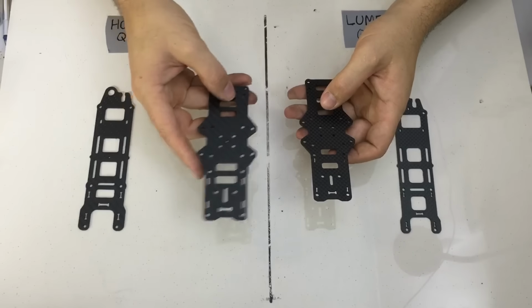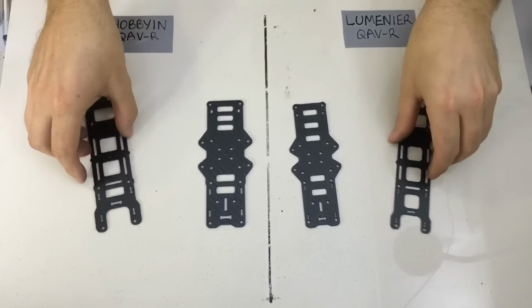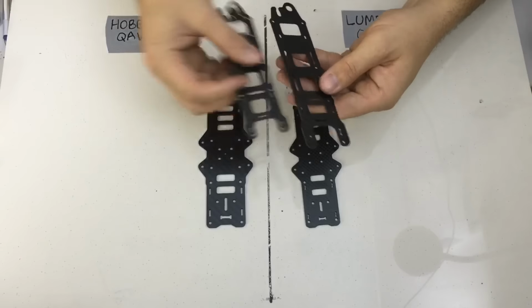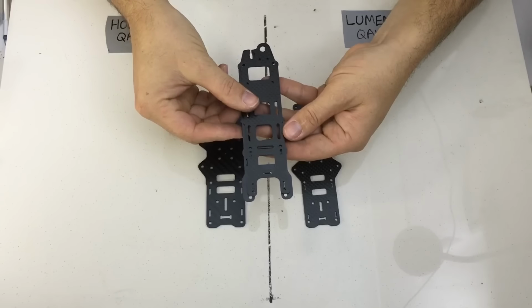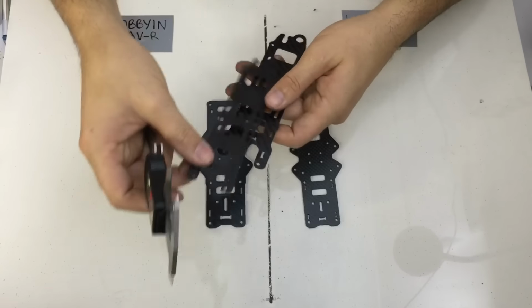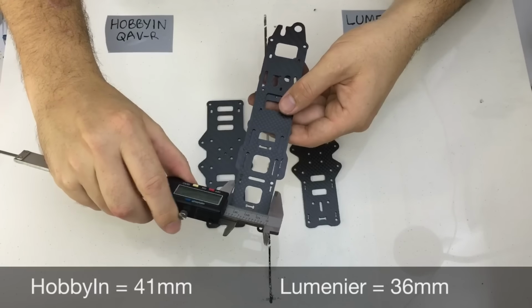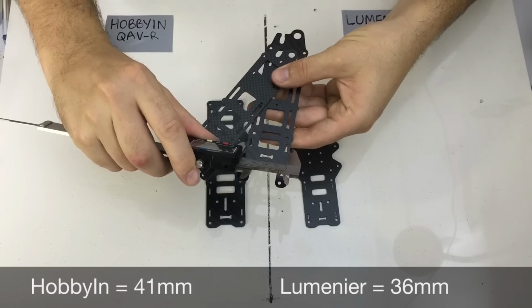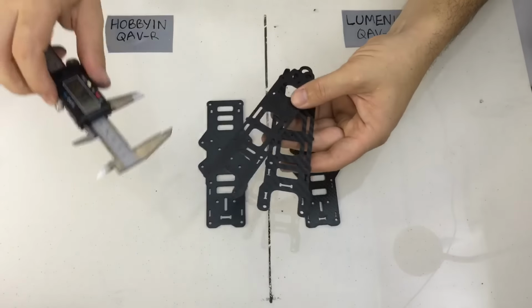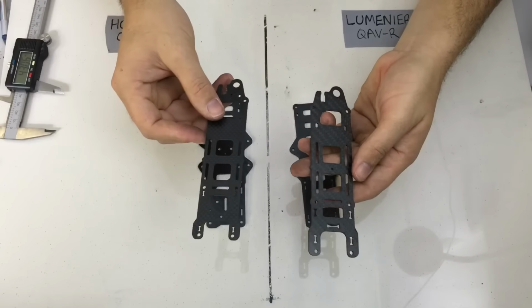The base plate for the HobbyIn is slightly wider than the Lumenier one, which is also going to translate to the top plates. If I put the HobbyIn base plate on the bottom and this one on top, just to get an idea how much wider these two frames are. The Lumenier is about 36 millimeters, and the HobbyIn is 40.8, so almost 41 millimeters. So about 4 or 5 millimeters difference in the width of the bodies of these two